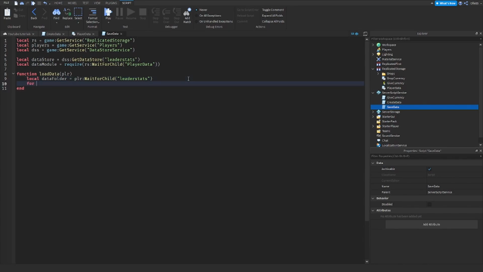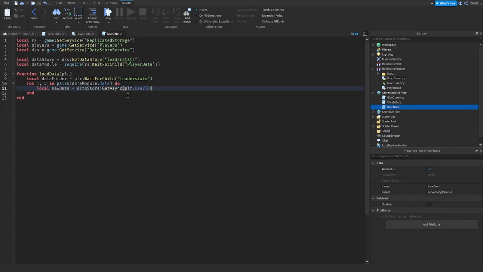Now for i, v in pairs data module.data. So we want to loop through all this again, and we want to do local new data equals data store:GetAsync